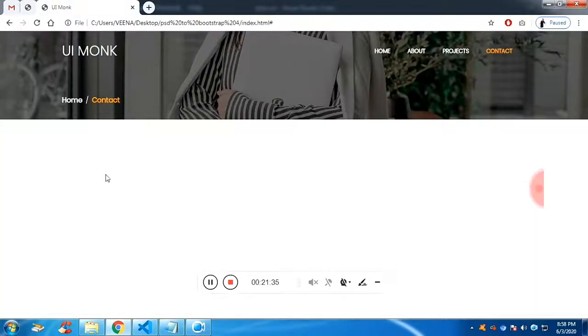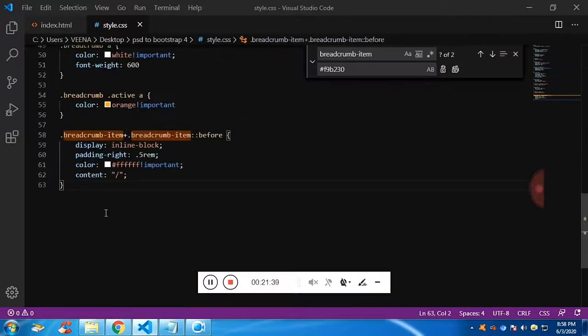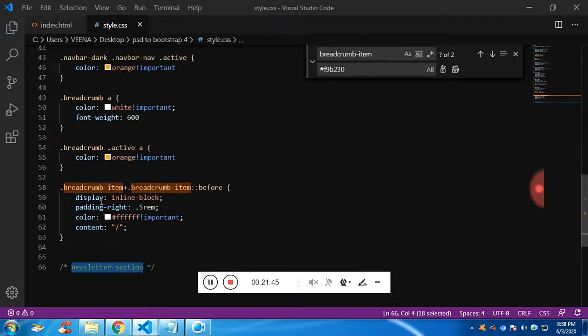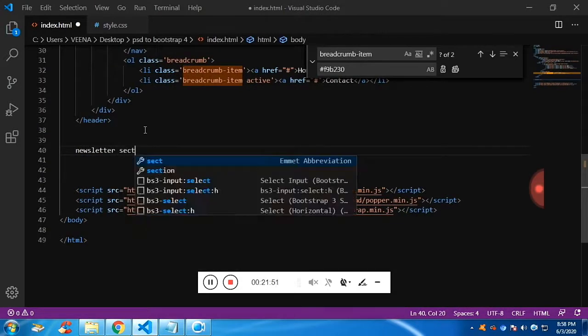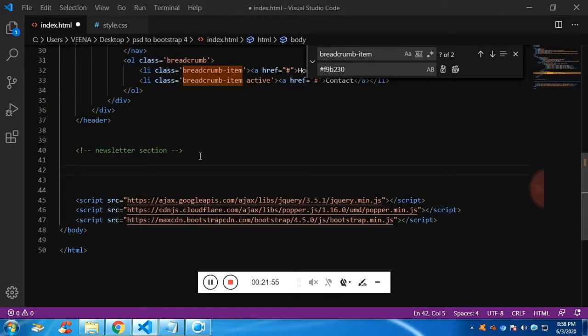The next thing is for the form field. Now let's comment it as newsletter section. We're going to start the new section newsletter in the HTML. So for the basic HTML, it is a row which has 3 columns.